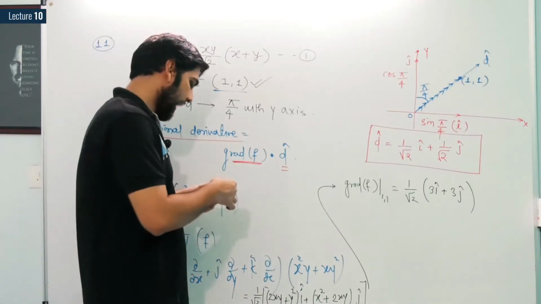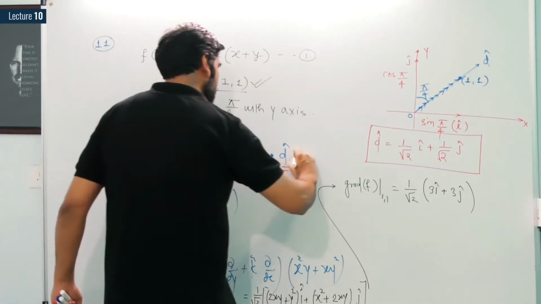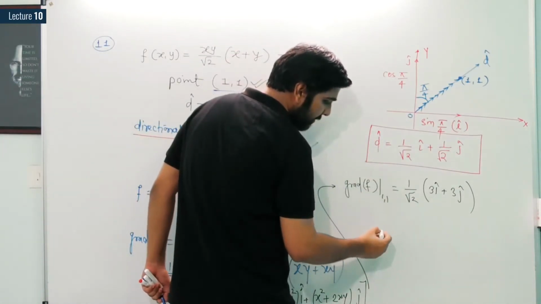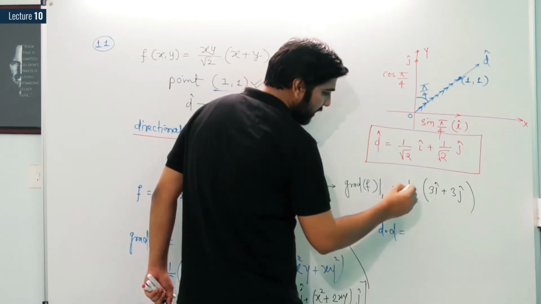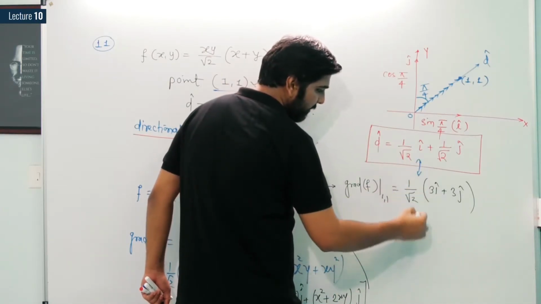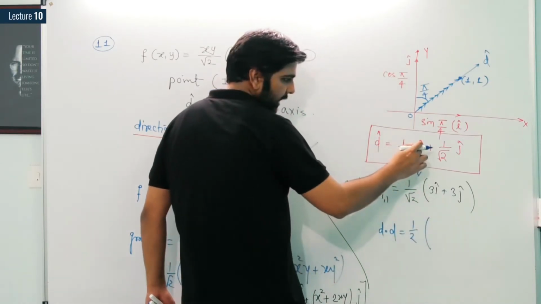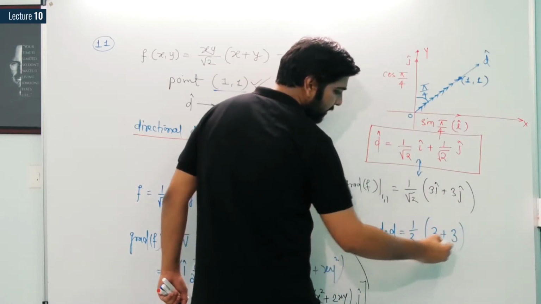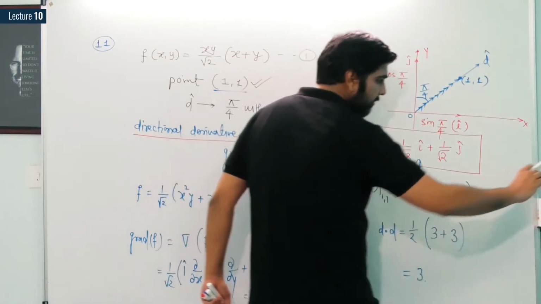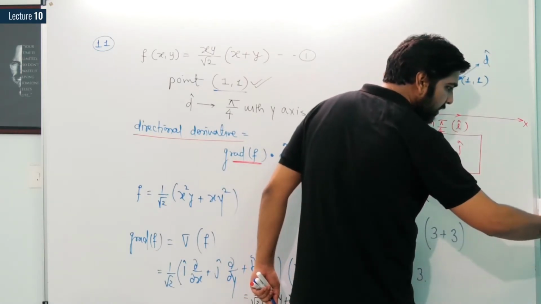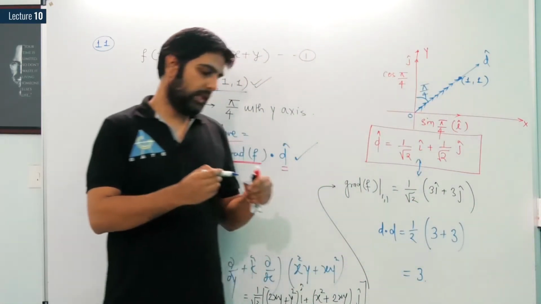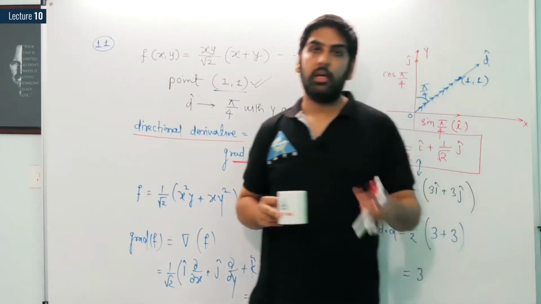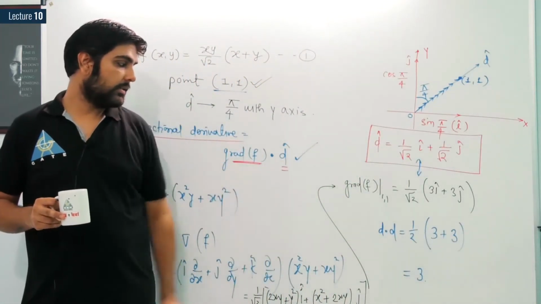Now let us have the directional derivative, dear students. The directional derivative is nothing but the product of gradient and the direction. So I am having the DD, that means directional derivative, multiplying this with this, 1 by root 2 i and this 3, 3 j in this 3, so I am having 3 plus 3, 6 divided by 2, which is nothing but 3, which is the correct answer. Let me check. It is asked in our GATE 2014, and yes, the correct answer is 3.